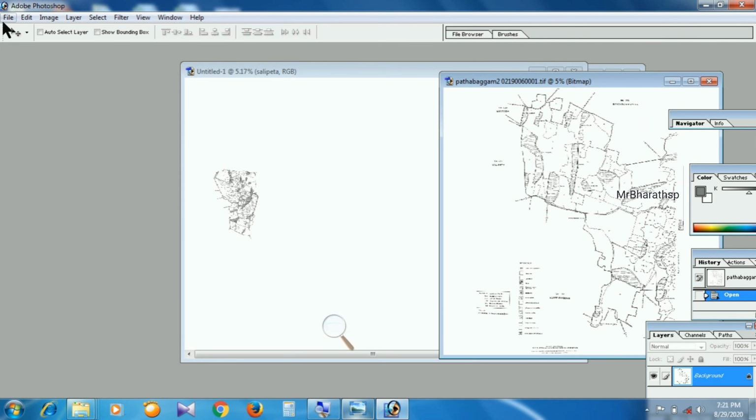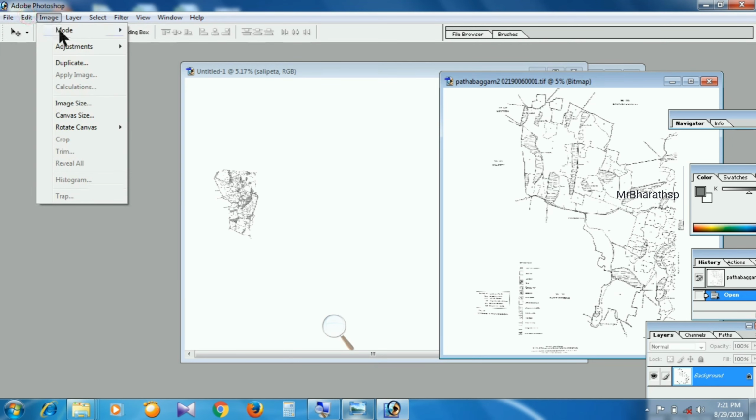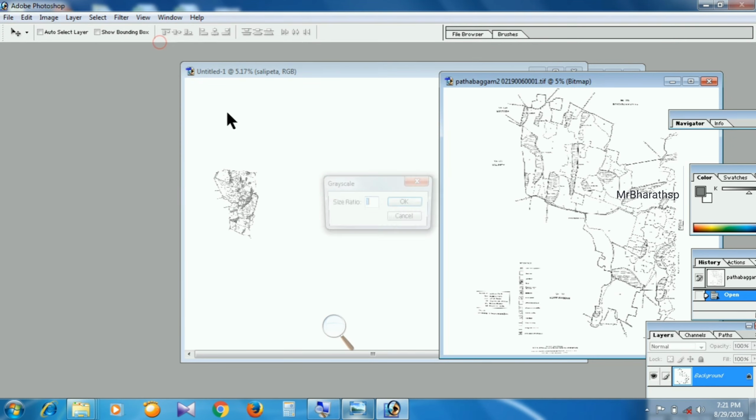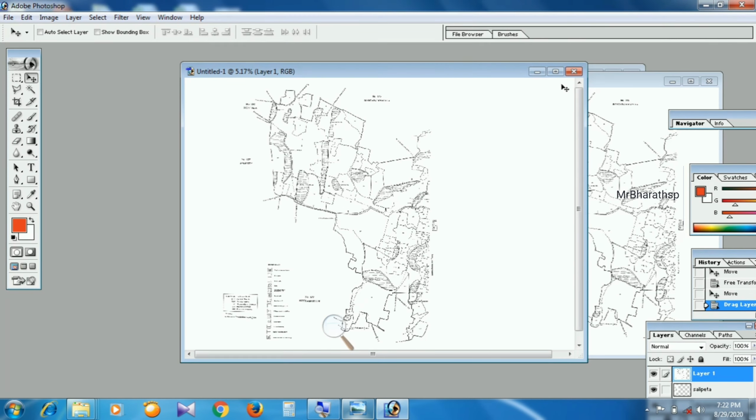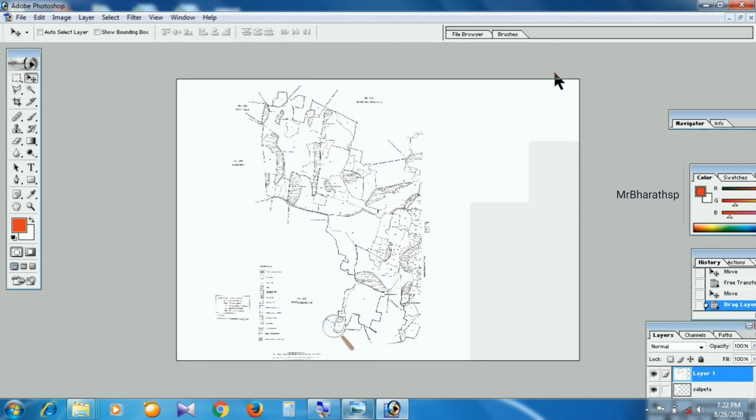It is in bitmap. So first we have to change it to grayscale. Go to image and mode and click on grayscale and select OK. Now it is changed to grayscale. Now let us drag it to the main sheet. Now the village map has come to the main sheet.